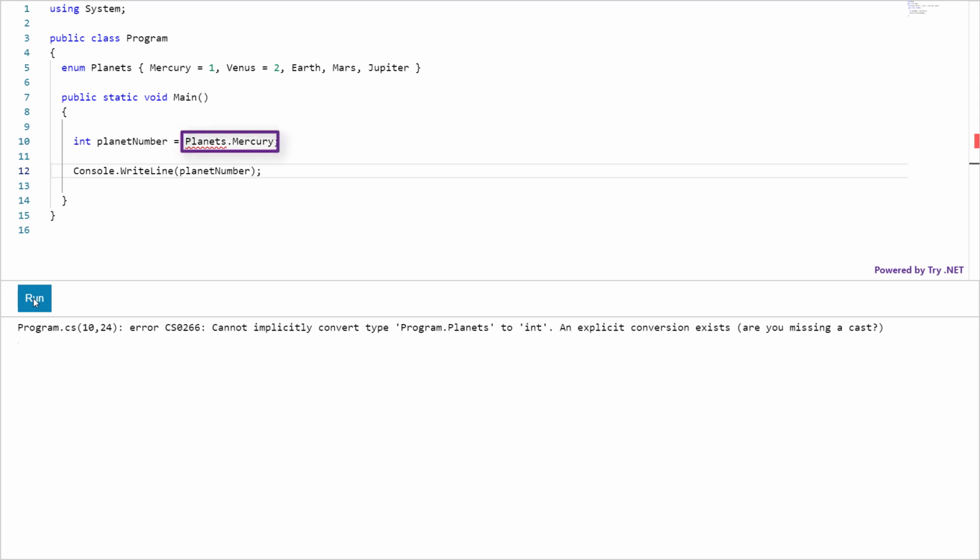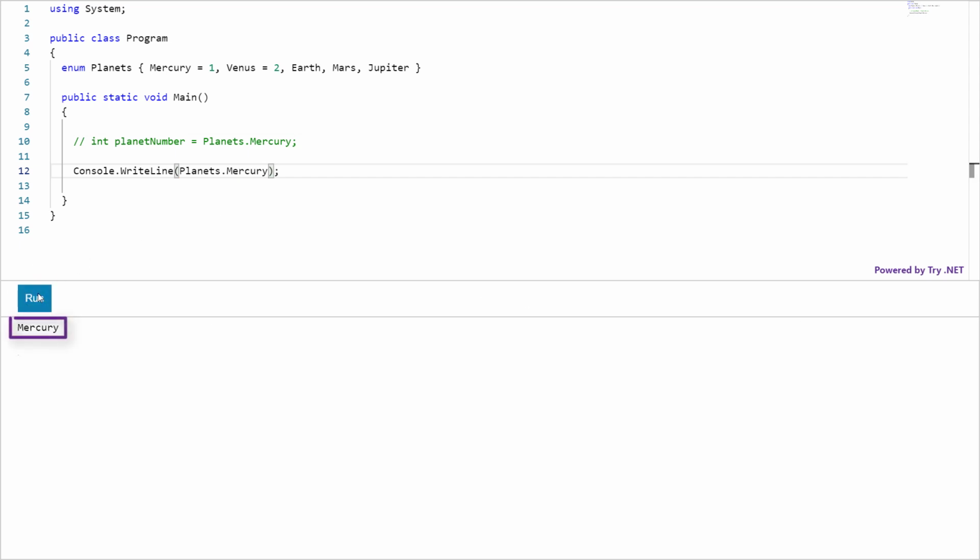Actually, the value that comes from this part is a string value, a name of the enum member. Let me show you. See the output here. That's the element name, not a value.